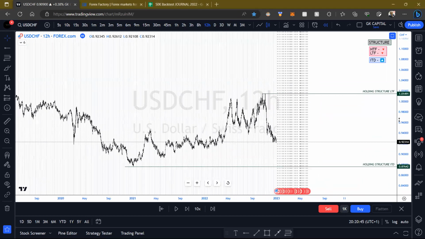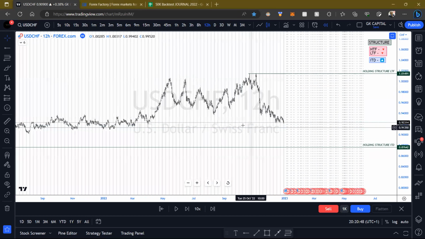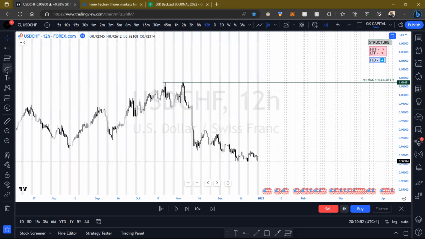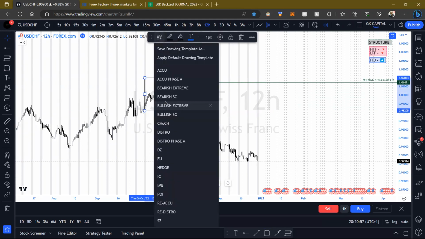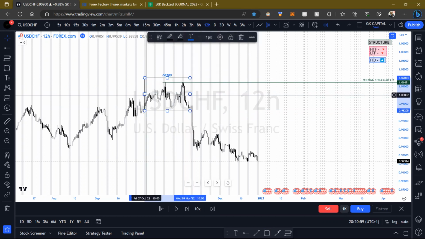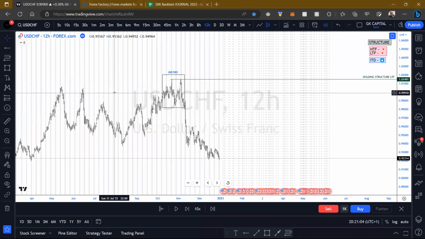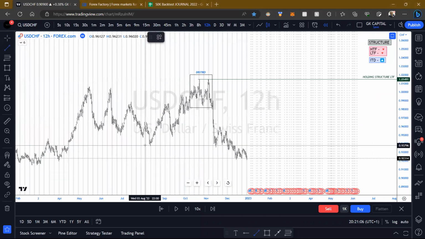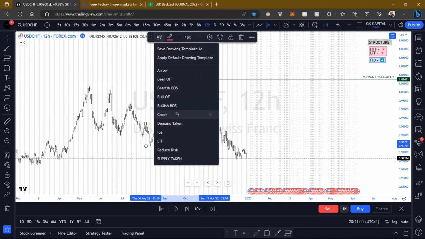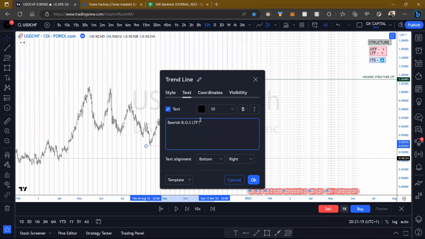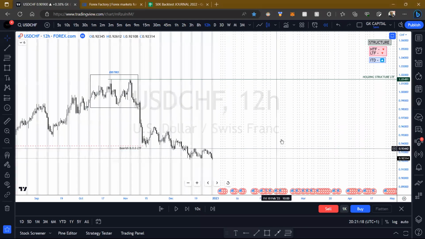Now that we've got our legs and our game plan, let's look at our point of interest. Where exactly are we going to be selling? Where exactly are we going to be buying? Starting off, we've got our distro. I'm not going to bother with labeling. We've got our distro. Does it have cause and effect? We're currently punching this low here. So it's a valid POI.